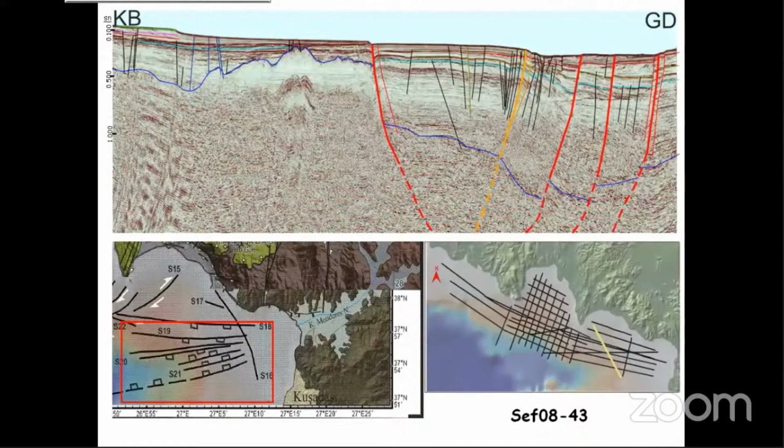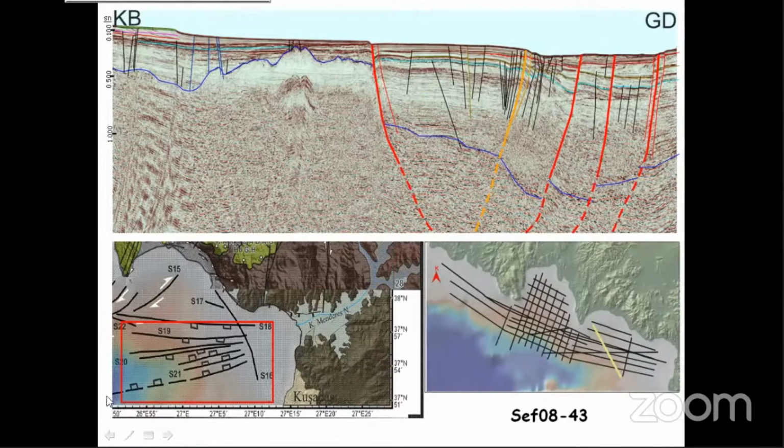And this is one of the seismic sections in the offshore Küçük Menderes Graben. After the interpretation of the data, we can easily see that the offshore of the Küçük Menderes Graben is continuing like this, and there's a graben shape offshore of the graben and on the land,